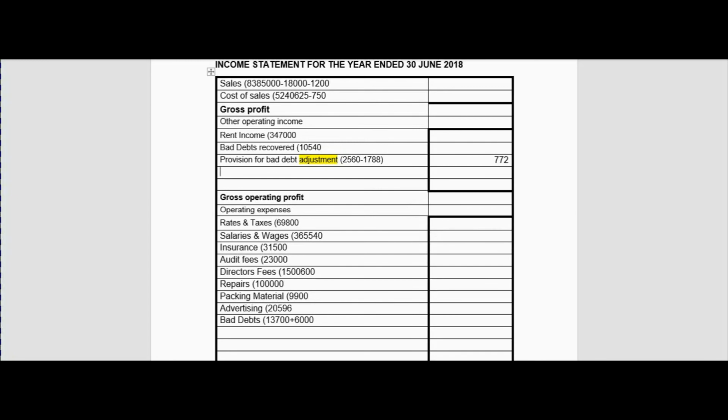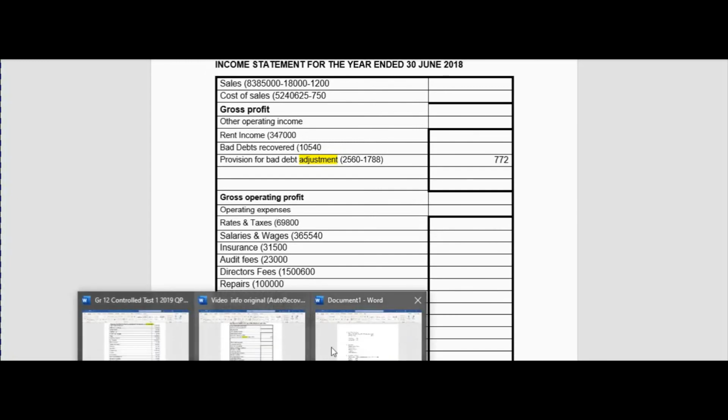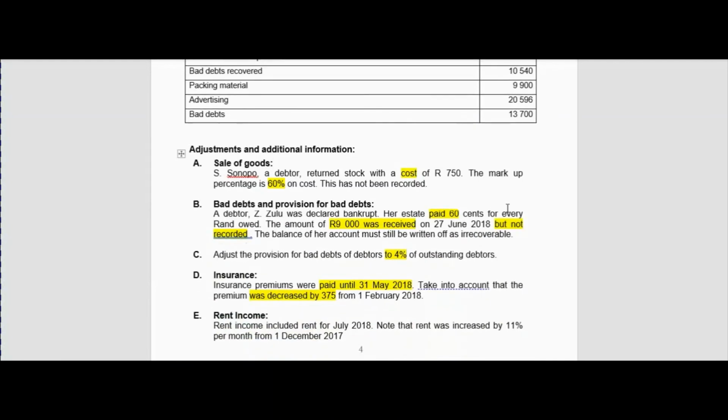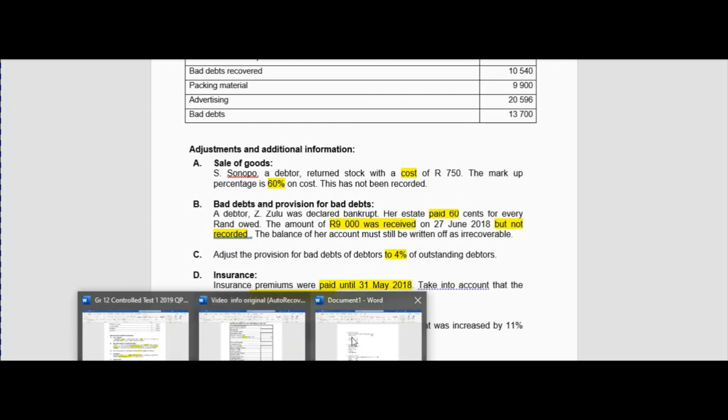Right, let's move on to the next adjustment. Let's see what the next one is. So we've done A, B, and C. It is insurance. Insurance premiums were paid until the 31st of May. And so, first thing that we need to figure out, how many months did we pay? So we're going to draw